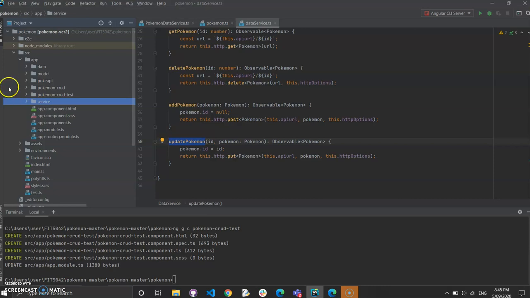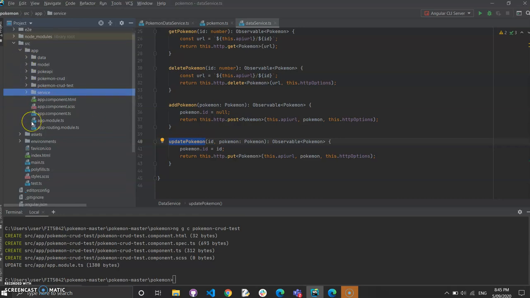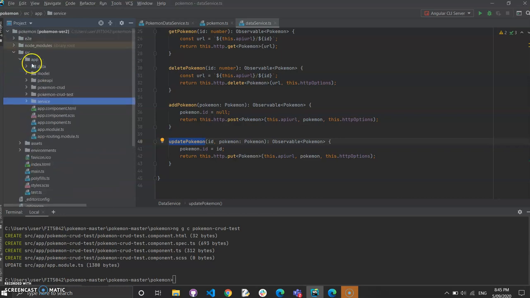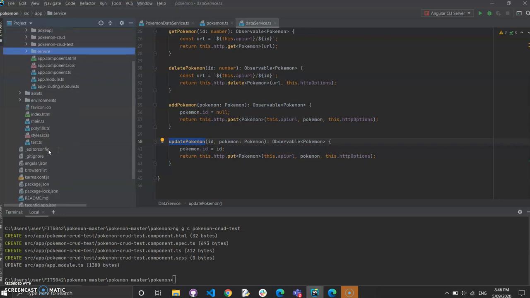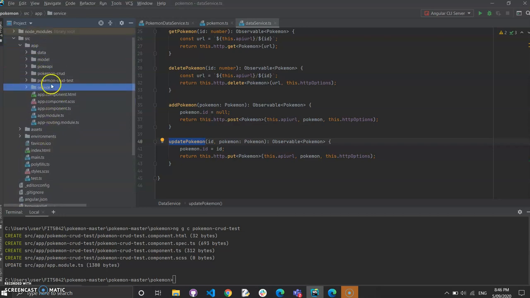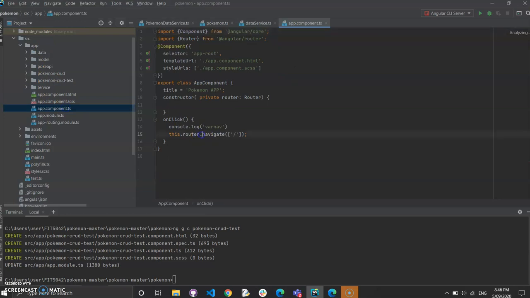we need to copy the content given in point number 21 into our src and app. Okay, and then we need to go to the file app.component.ts. So this file, you need to copy this content given to you in point number 22. All right. Now, if you go to points 20, 21, 22, you see the app routing module.